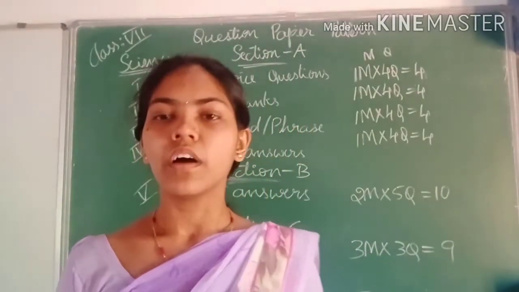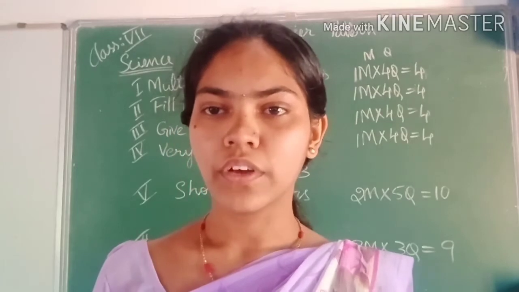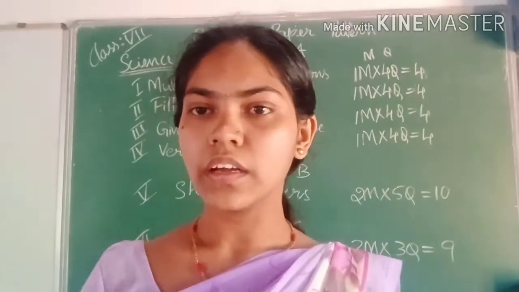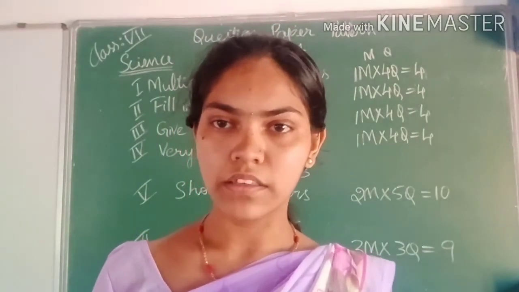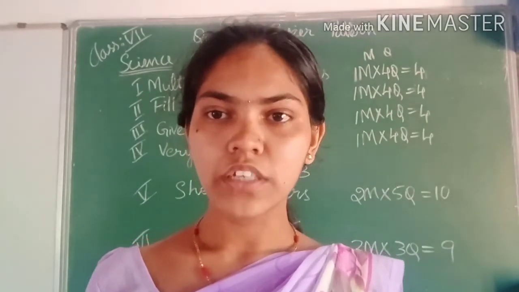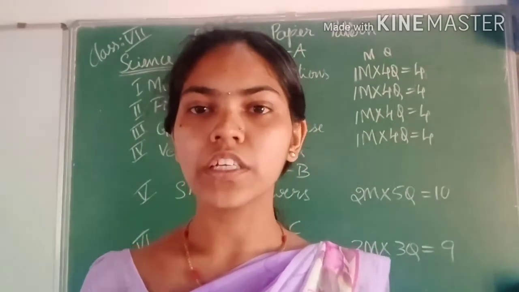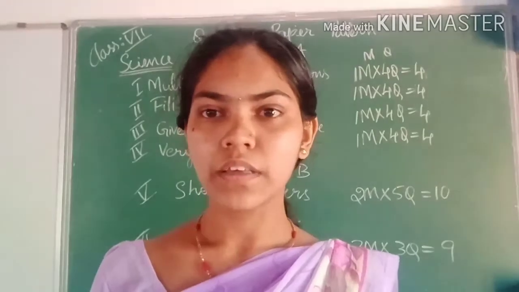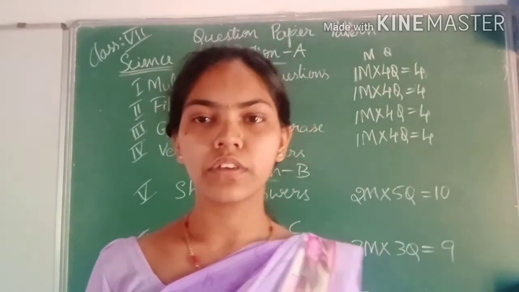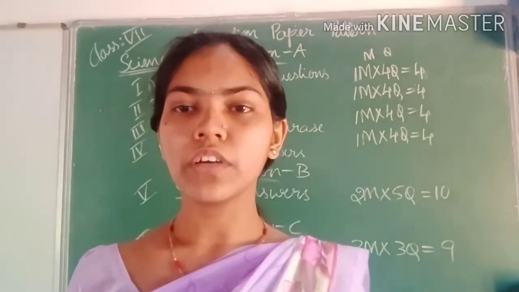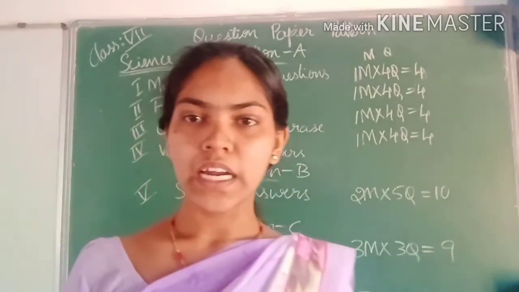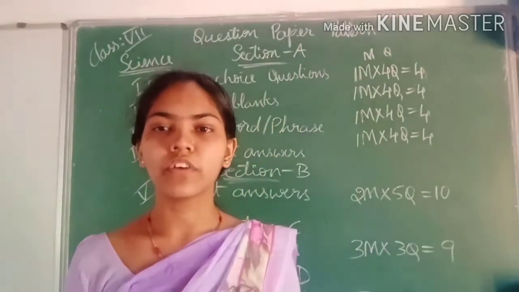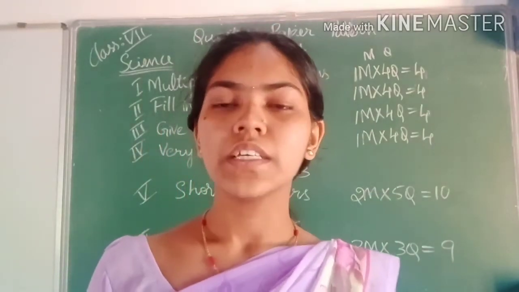What is the reason? And there are different types of nutrition we can see in plants. Which are they? Saprophytic nutrition, then total parasitic nutrition, then insectivorous plants, and then the symbiotic relationship. All those things we have studied. So these are the types of nutrition in plants, and you have to study that. After that, one more concept is photosynthesis. What is the importance of photosynthesis? Those things you have to study.